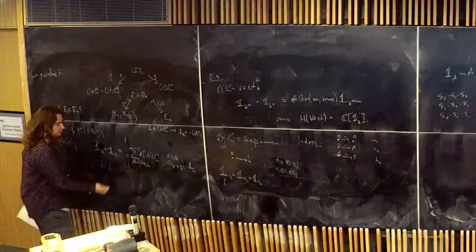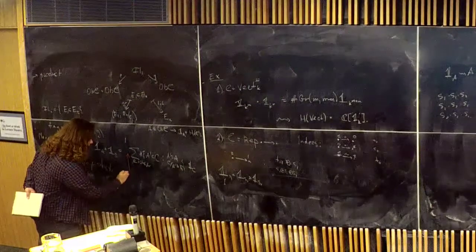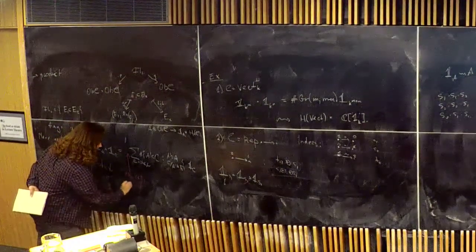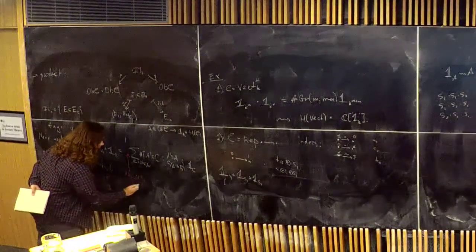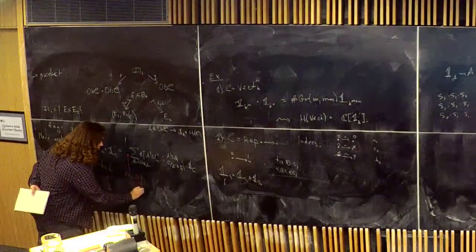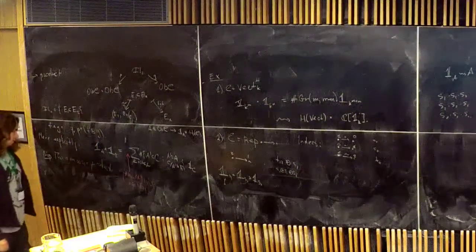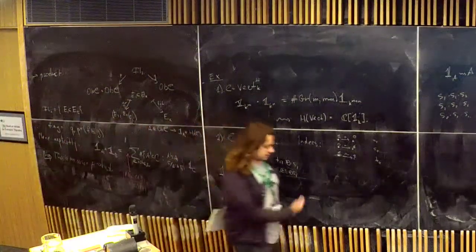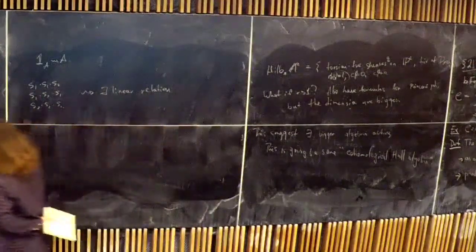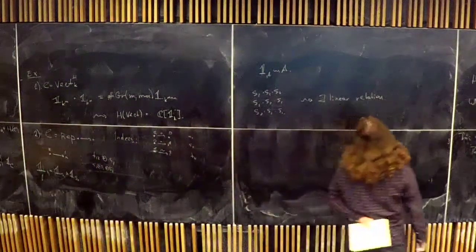In order for this to work, you need to put the other characteristic of home. And so with this renormalization, the linear relation is going to be just